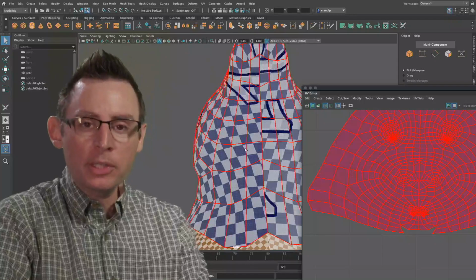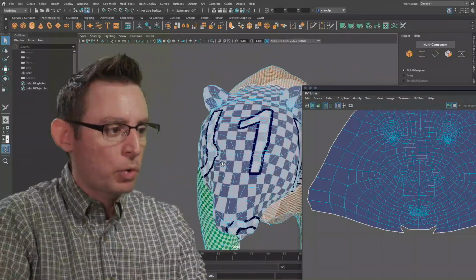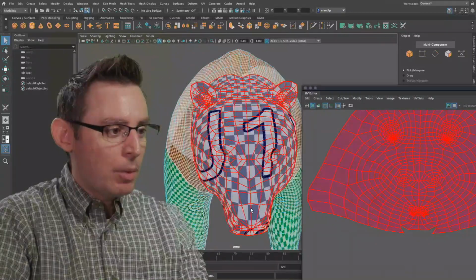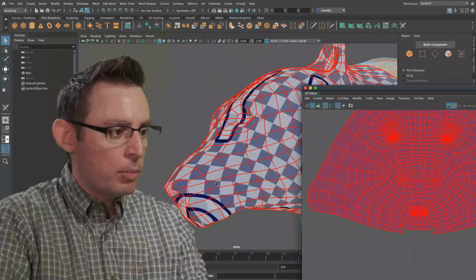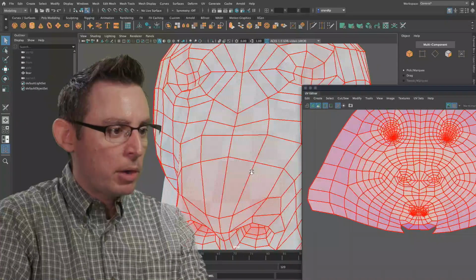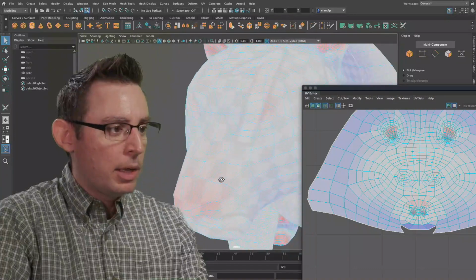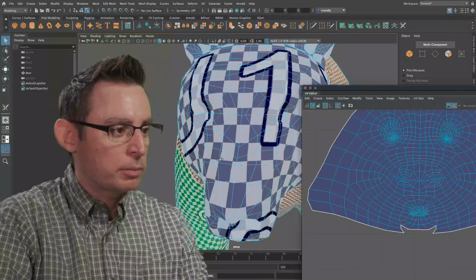I'm okay with this seam. You're going to have to find the correct location for all of the seams in your model. And we're also not getting that wild distortion on the snout anymore as well. If we turn on the distortion visualization, now it's looking better. Now it was bright red before, now it's just a little bit red. It's a little pinkish. So a step in the right direction.